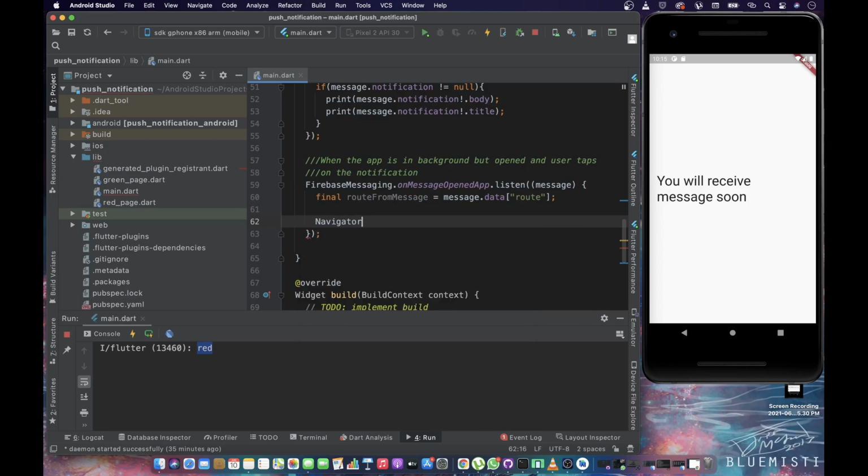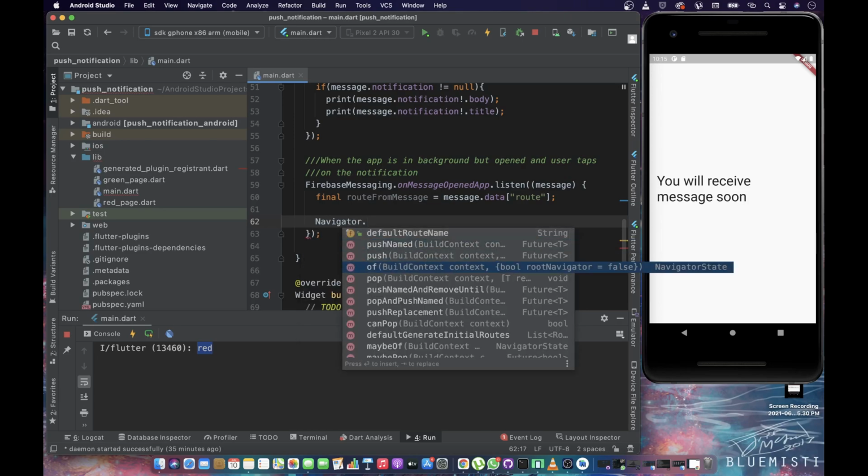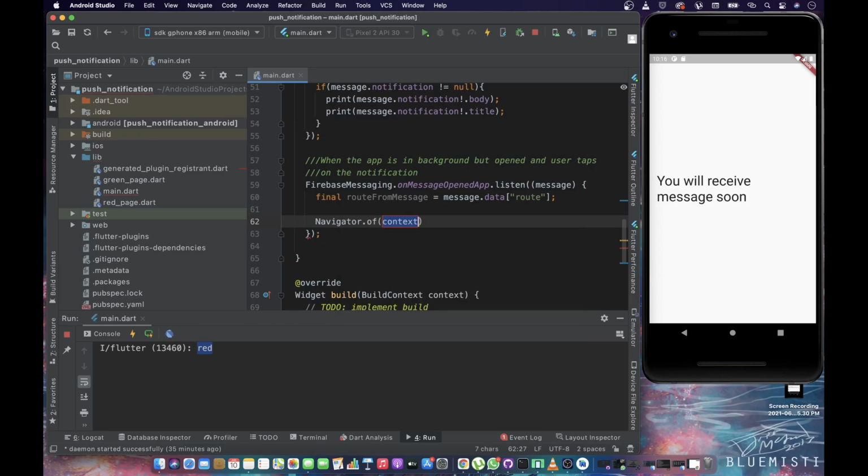Okay, it is Navigator.of. Well, I've been using Flutter for 2.5 years, and I'm still not sure what the name is that happens. Okay, so Navigator.of, and then you can say pushNamed, and you can say simply the route from the message. So simply you can run the application again, and rather than just printing, it will now take you to